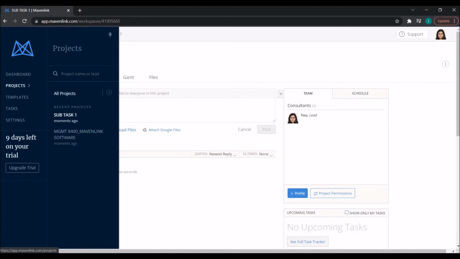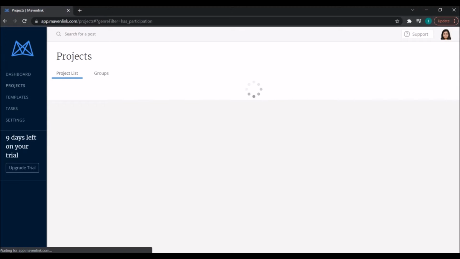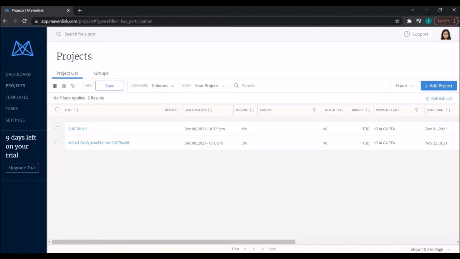So when I click projects and all projects, I can see subtask 1 has been created. I can fill in the information like what percentage of the project has been completed, the fees, the budget, the start date, etc. I can see my projects and joined projects, the projects with teams, and these are some basic features.